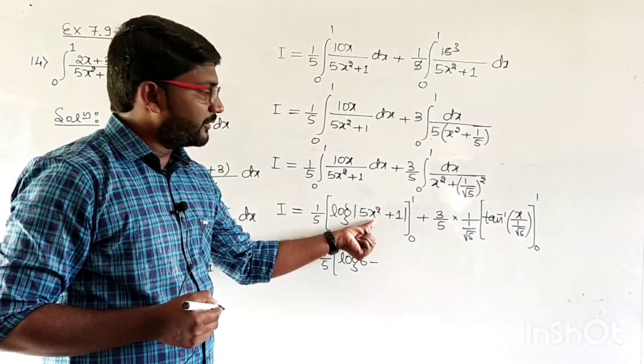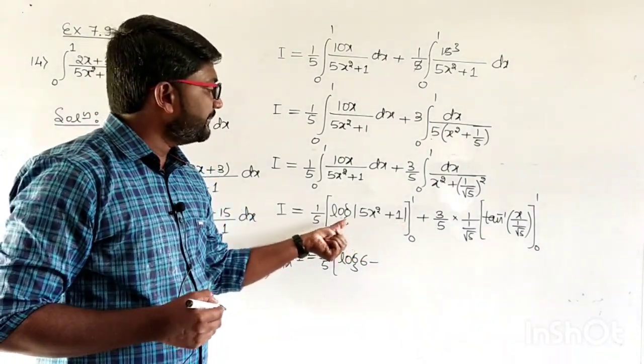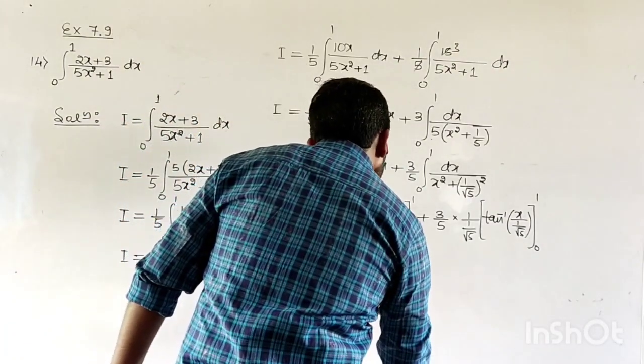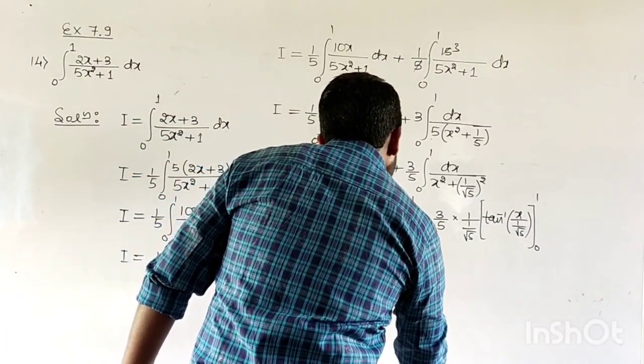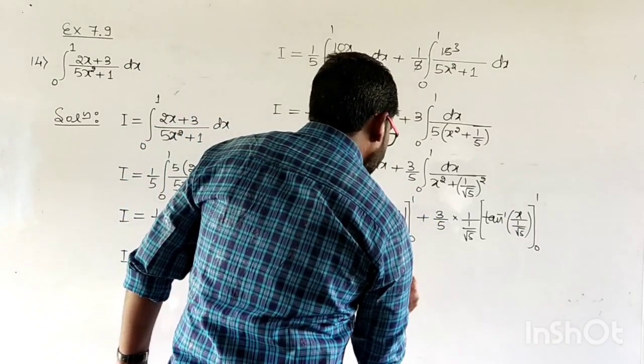In place of x, I have to write 0. 0 into 5 is 0, 0 plus 1 is 1. That means we get log 1. So it is log 1. Then plus